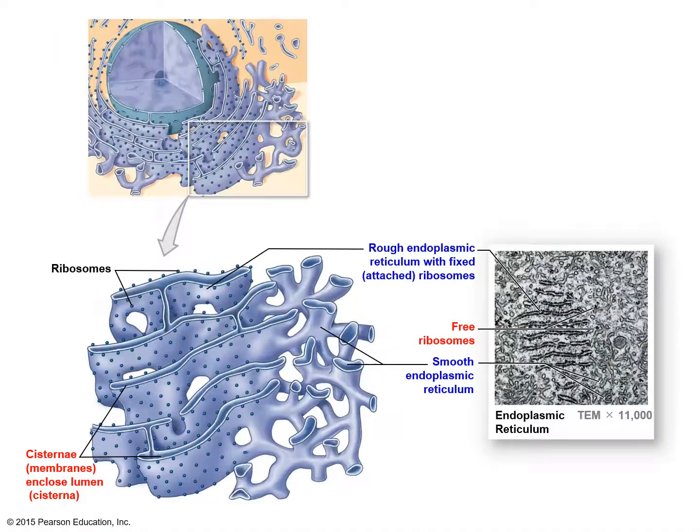The top panel of this figure shows how the endoplasmic reticulum is in very close proximity of the nucleus because it is continuous with the nuclear envelope. Now, if you look at the left bottom panel of the figure, it shows you both types of ERs, the rough ER with the ribosomes on its surface and the smooth ER with no ribosomes on the surface.